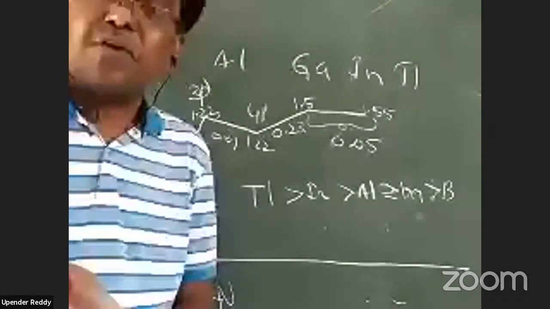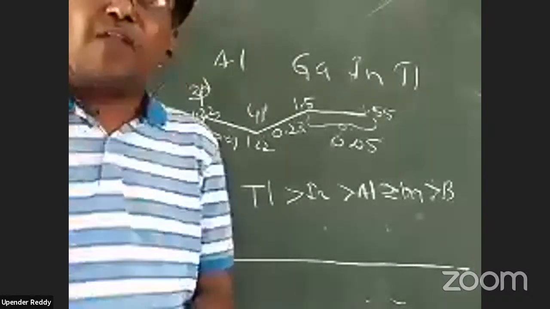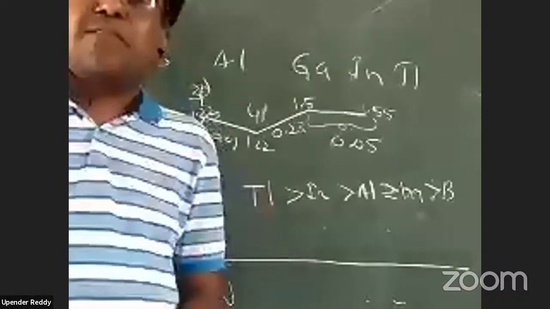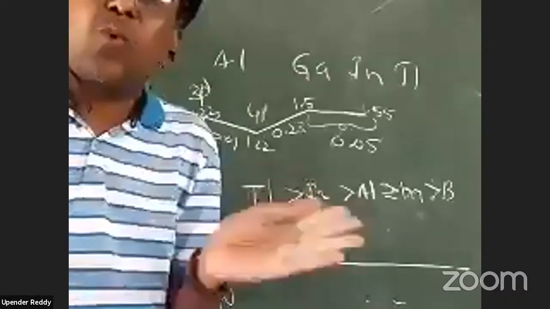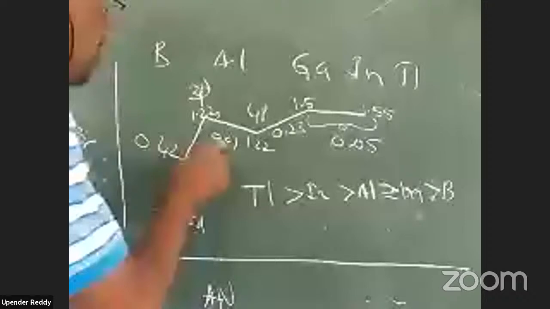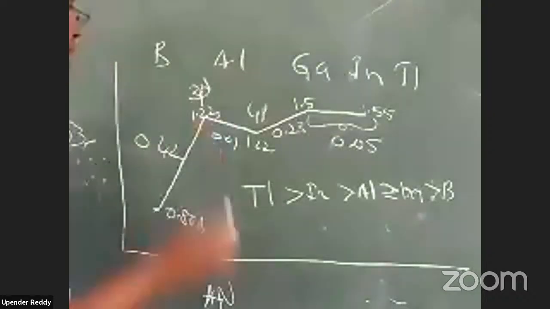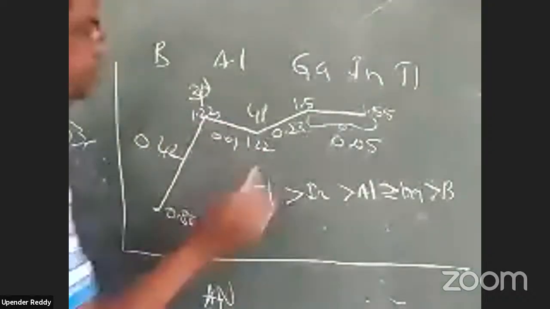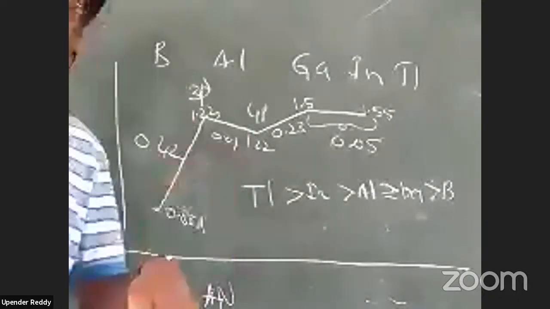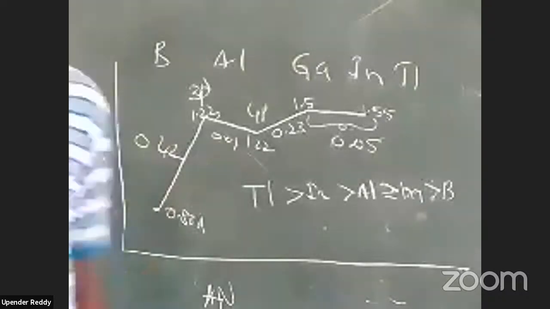If d orbitals behave like f orbitals, that is, minimum or no shielding effect, the gallium size could have been very, very small, half of this. That is what we can expect, almost equal to boron. It should lie in between boron and aluminium, but probably d orbitals have the